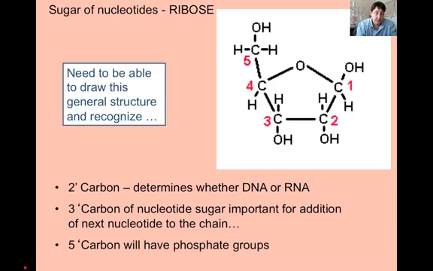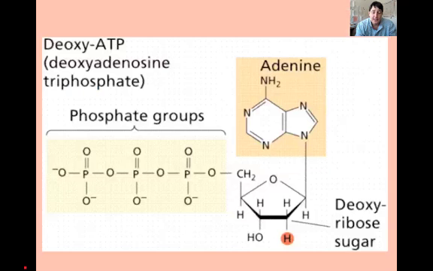It's a ribose because of the 2' hydroxyl. And if we actually add the phosphates on, this is the image that I would like you to be able to draw, excluding the base, the adenine at the top. But you should be able to draw the phosphate groups that are attached. So if this has an adenine and it has 3 phosphates, this would be an ATP, adenosine